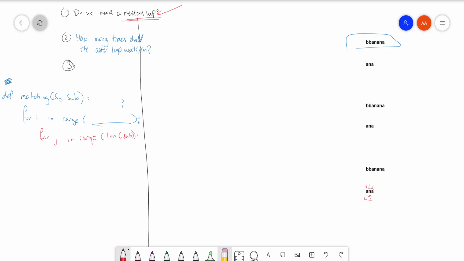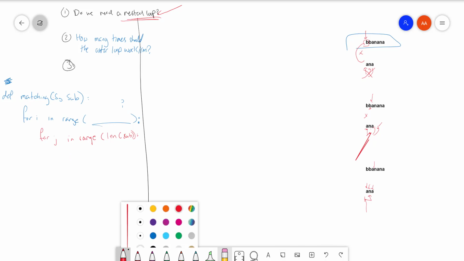Okay, now we should say something. Remember when I was saying that we will check an element from the big string, and we will check the first element of the substring? If we did not find a match, like in this case, there's no need to continue the inner loop. If we did not find a match between this and this, there's no need to continue the inner loop, right? So if there's no match between,